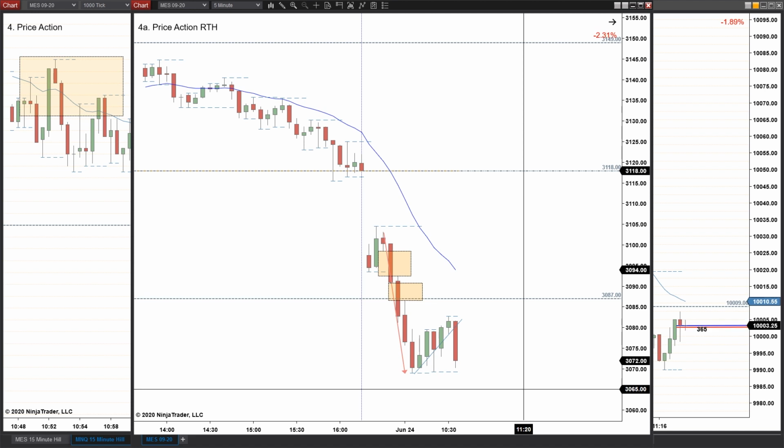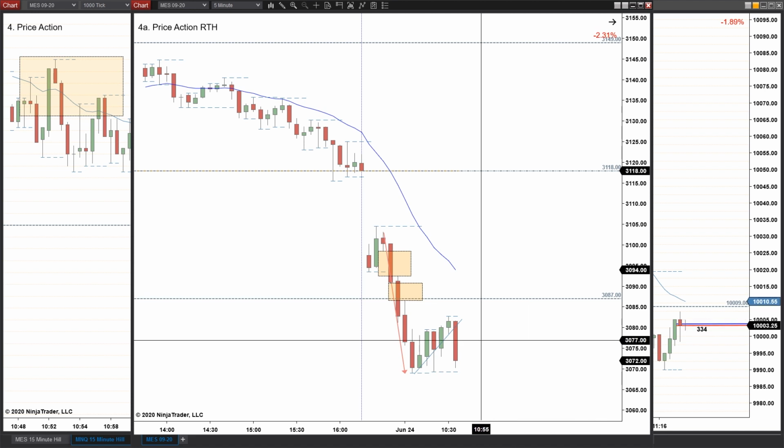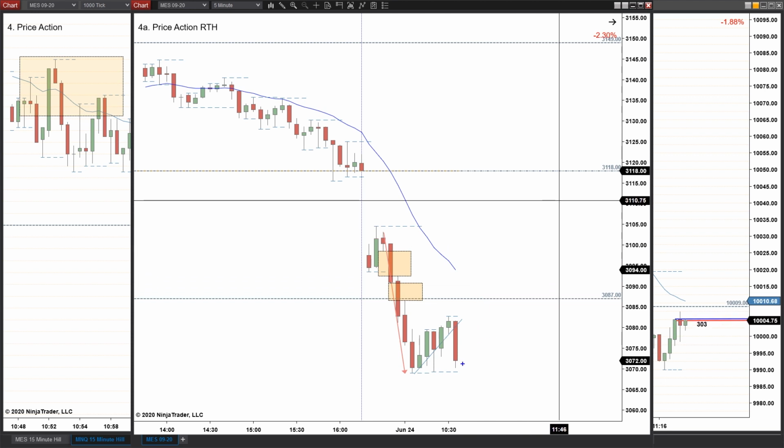Now, remember, whenever you have this type of move, there's going to be a couple different approaches. The aggressive approach is just, bam, sell the market. Just sell it. Get me in the trade. I don't care. But there's also the conservative, or slightly more conservative approach. This is a very bearish bar. But if you're looking at selling this on a flag breakdown, what do you expect to have from a flag, right?